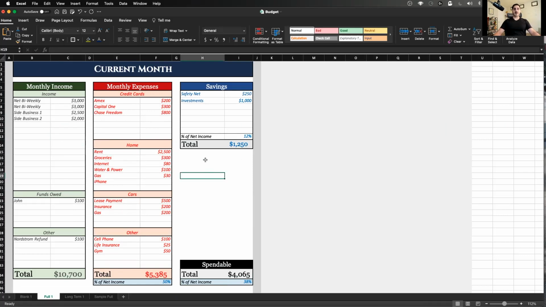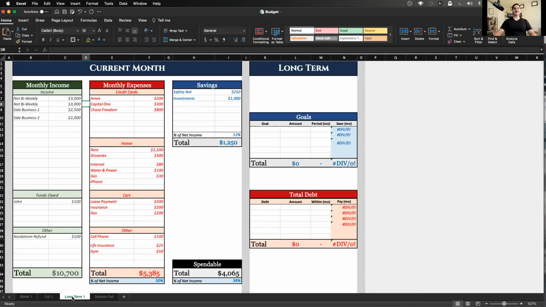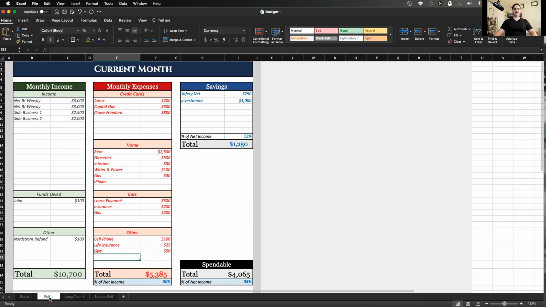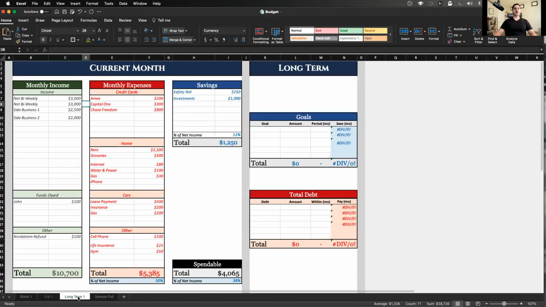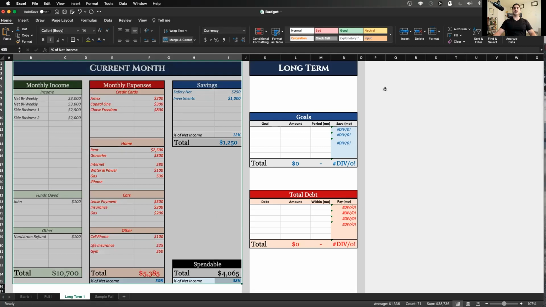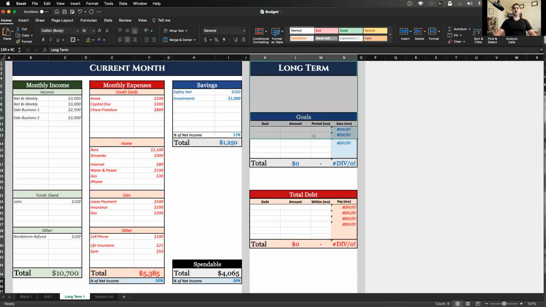So a lot of you might be thinking, okay, but what if I have credit card debt or student loan debt, or I want to save for a vacation? How does this all play in here, right? That plays in this next tab, which is the full budget sheet that I'm going to be sending to you. Don't worry, all that's happened is we've taken all of this, what we just created together, and it's all here. It's the same information. The only addition is, as you see on the right side, we have long-term.